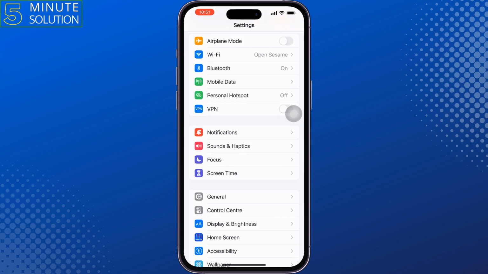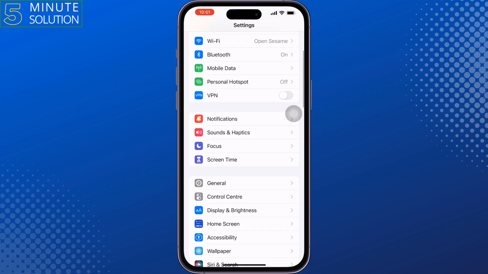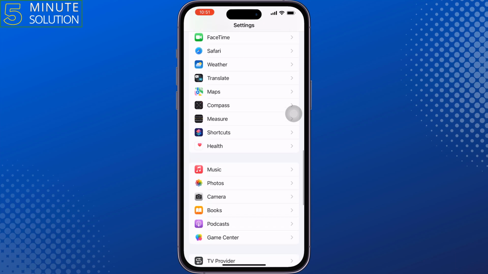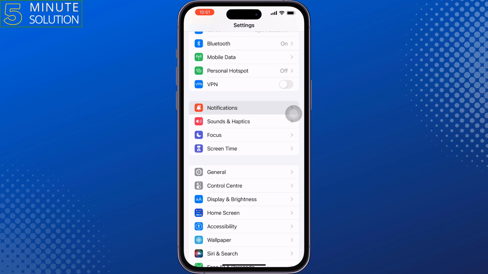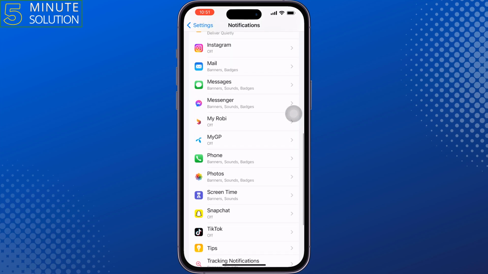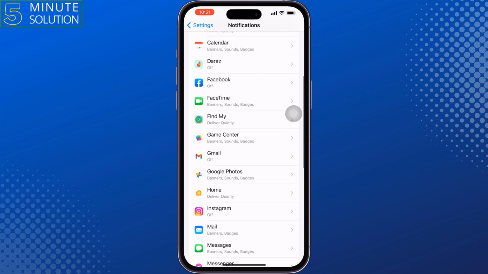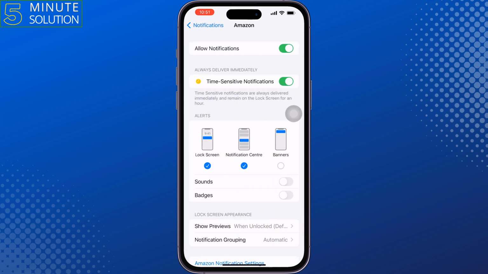The second solution is open your iPhone settings, scroll down and tap on Music, scroll down and tap on Notifications, and here search for Music. All you have to do is just open Music from here, and you have to disable lock screen alerts from